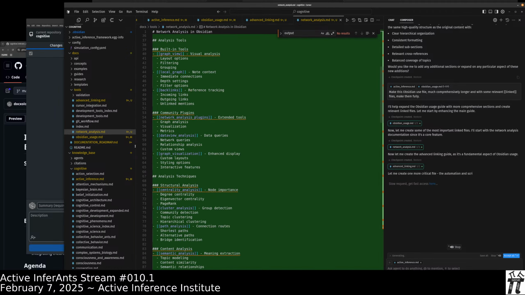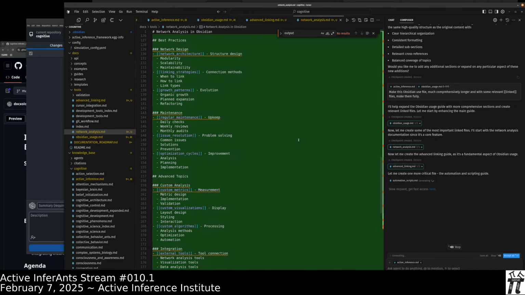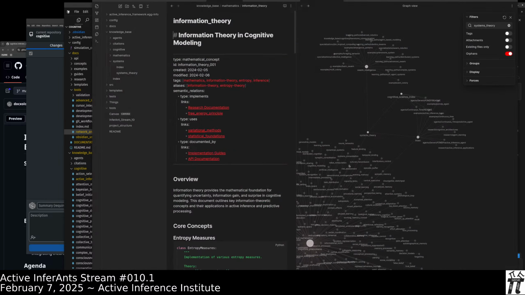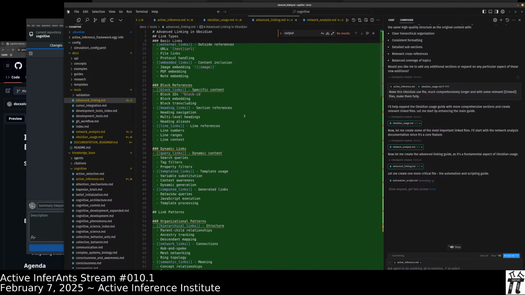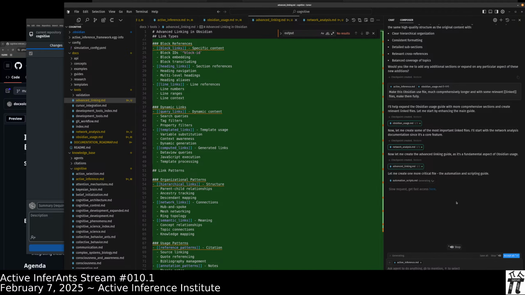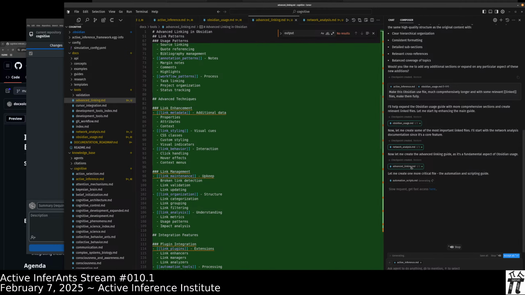So here it created this whole new file for network analysis. Very, of course, meta, since this is what's happening over here. And that can be done in multiple different maneuvers by one press here. So these are new articles that it's writing.